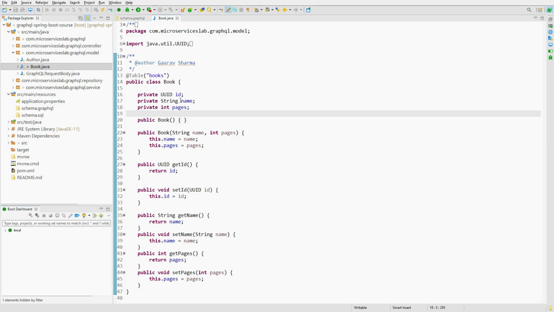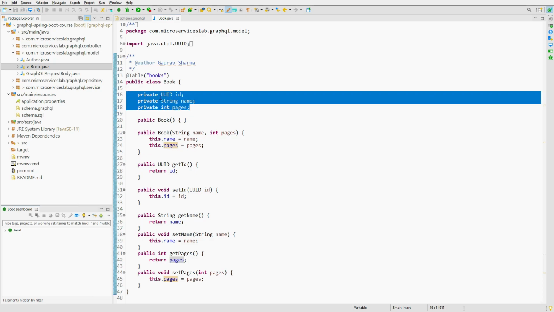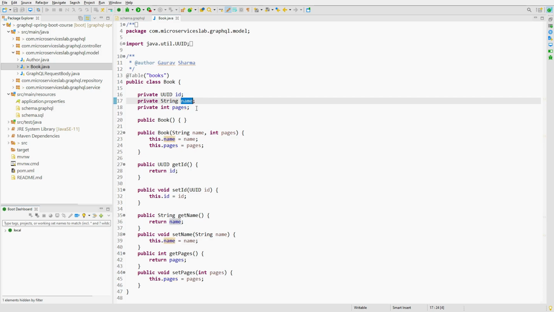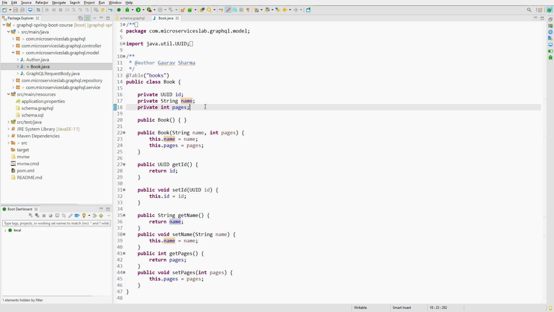So if we request the value for the name, and we place the author field as well, then when the row is returned from the books table for the particular name according to that ID, a corresponding author row will be returned from the database as well. And this is not the intention of GraphQL, and it is actually against the principle of GraphQL, where we expect only the values that we have specified in the request to be returned, and we aren't expecting any extra data. So this is why we are going to create a separate data fetcher for the author field.